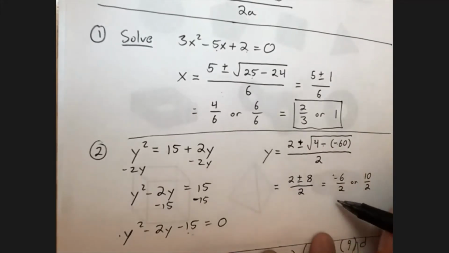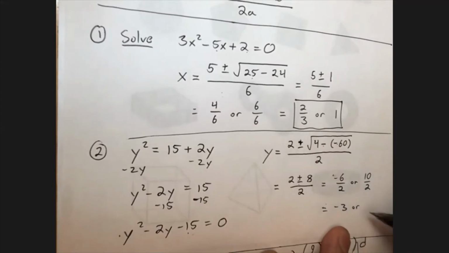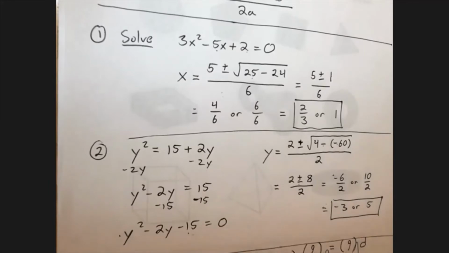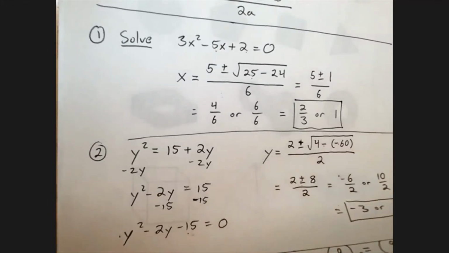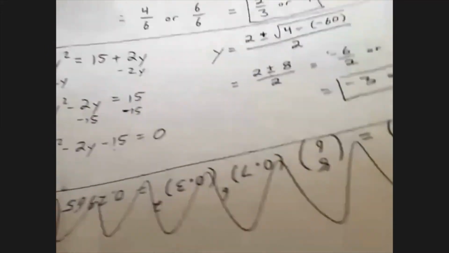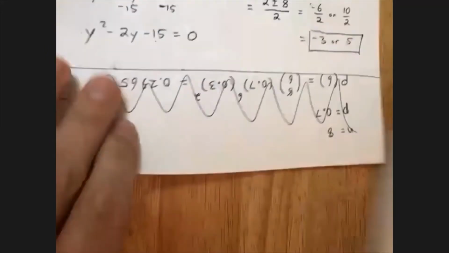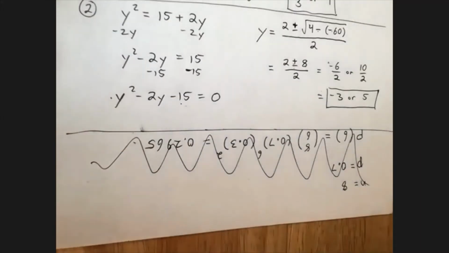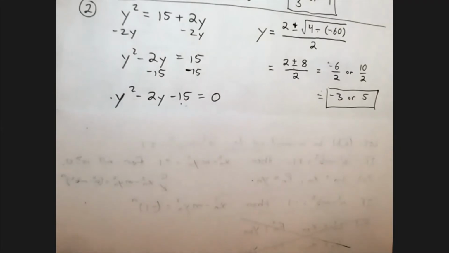So I'm getting 2 answers here. I'm getting -3, and I'm also getting 5. So y could be either one of those, and they would solve this equation. All right. So let's look at another one. Let's try to leave that up there in case you're still copying it down. All right. So the next one will be